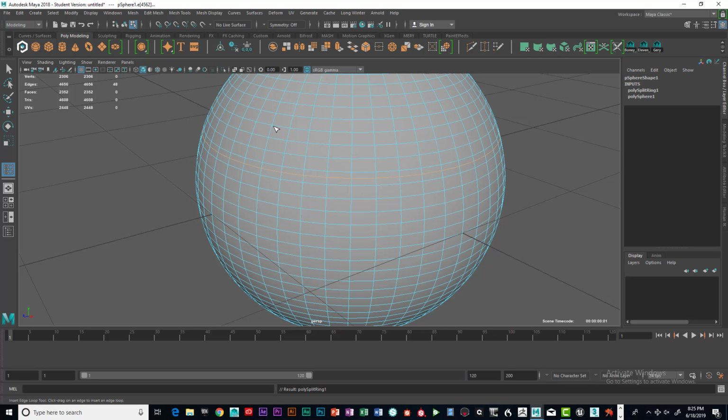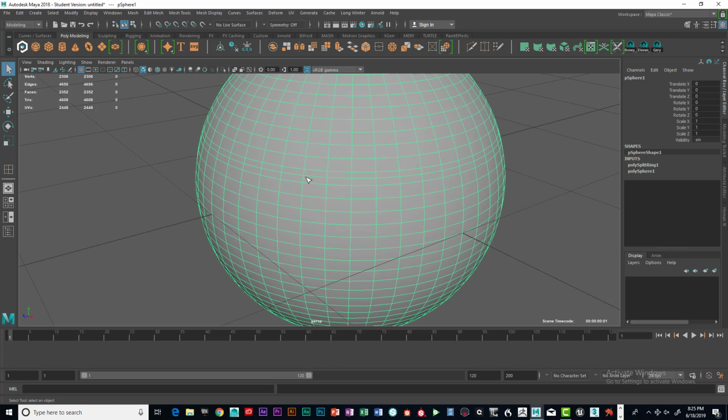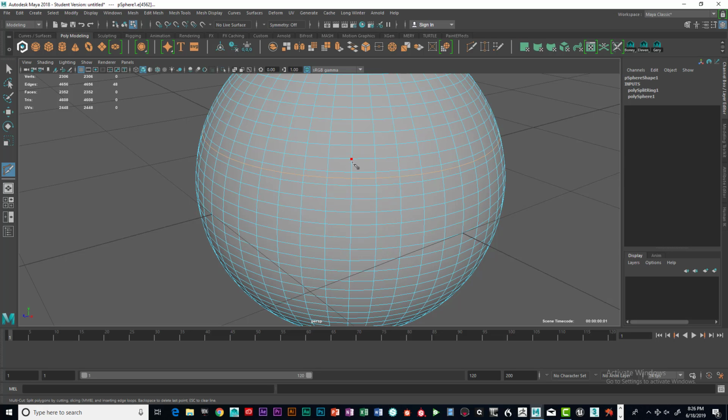And then let's go ahead and go back. Then let's go into object mode. Hit the Q key between tools, and we'll do this again. Hold down the shift key and the right mouse button, go to multi-cut. And I'm going to go in here and you can click and cut. So you can click anywhere in between edges and cut